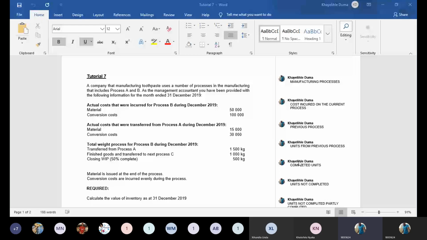I don't know if I'm sharing the screen, but on my side I'm sharing it. Yes, Unit 7, the one that is on the screen, and then this is the tutorial there. But before we do the tutorial, I'll just talk about Unit 7. So on Unit 5, which was job costing, I told you that job costing is a situation whereby